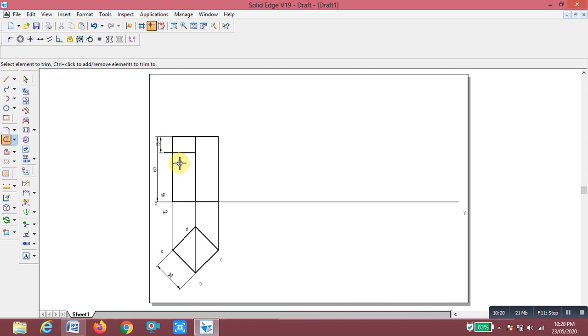Now the section plane is cut and passing through this 15 mm. Select the line that is chain type line; the section plane is represented with a chain type line.